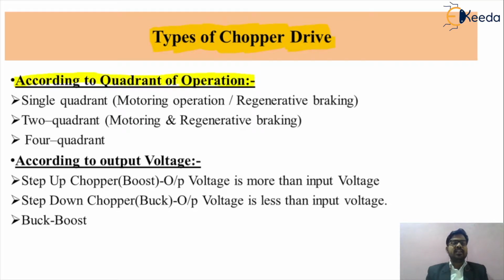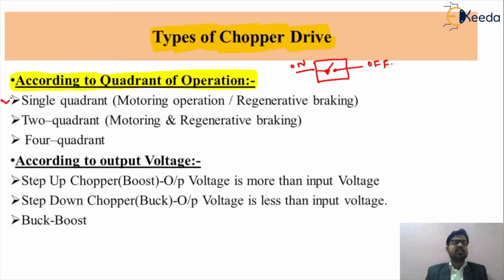Basically, the chopper is a device which will convert a fixed DC voltage supply into a variable DC voltage supply. And what do you mean by the chopper? Chopper is nothing but one small semiconductor switch which will do the operation of on and off. That will be the on condition and off condition. So according to the modes of operation, friends, the choppers are classified into different types.